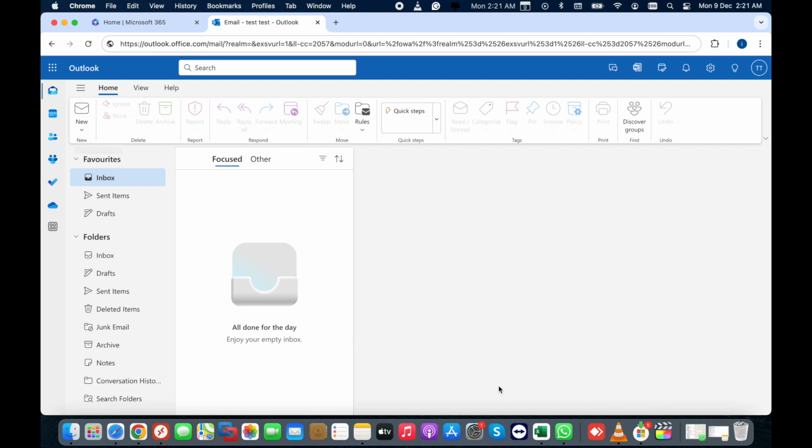Migrating email accounts can seem daunting, but with the right approach and tools, you can make the process simple and efficient. This video is designed for both beginners and IT professionals seeking a reliable method for migrating Yahoo email to Office 365. In this video, you'll learn preparing Yahoo Mail for migration,